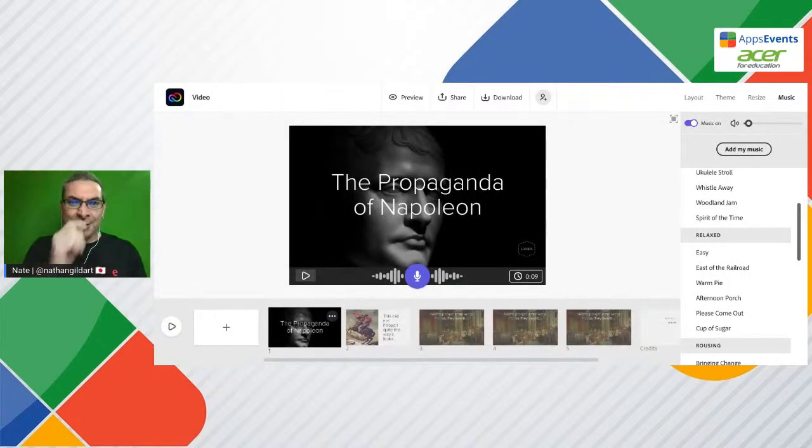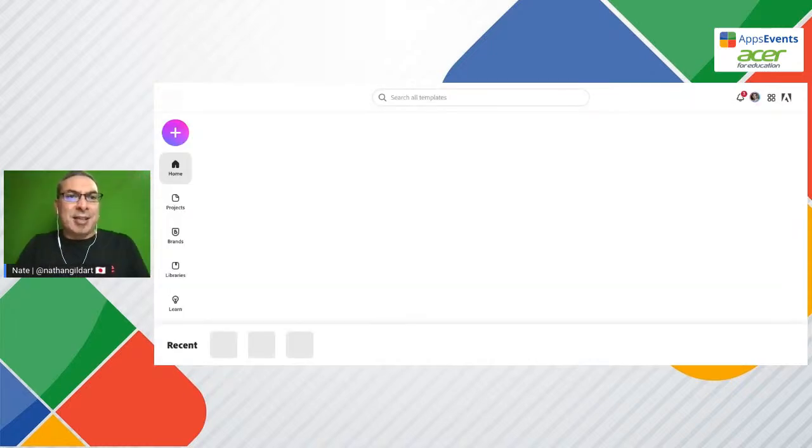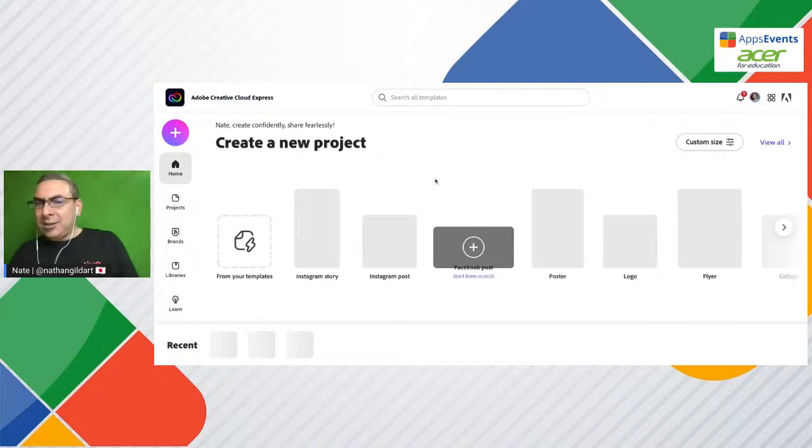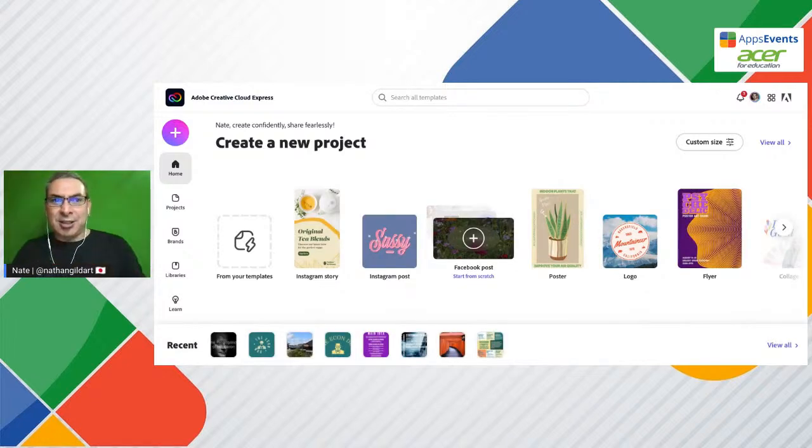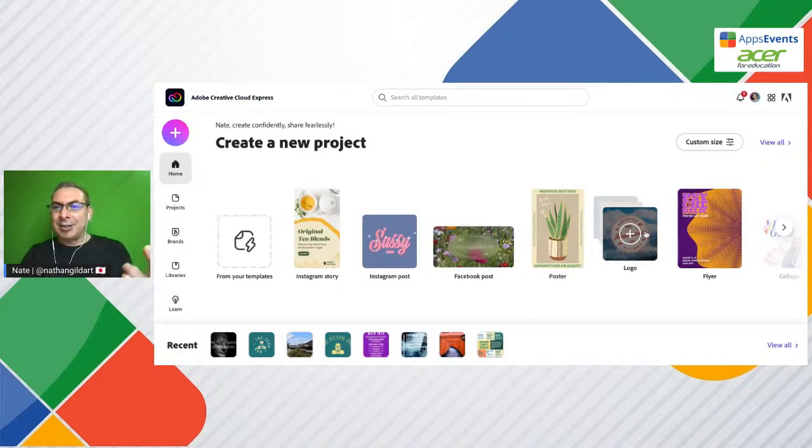Now I see we're getting down on time here. One last thing I'm just going to show you. All right, so we're going to go right back to home. If you click on the Creative Cloud icon here, I think you should be able to see it. It seems like it's allowing to share this tab. That's kind of working now. Lovely. Oh yeah, because I'm in the same tab. Duh.